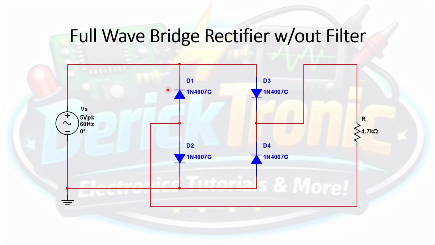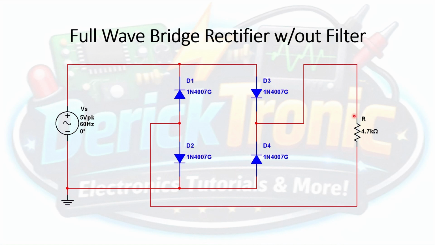As we can see here, the cathodes of diode 1 and 2 will be connected in this manner. They will be facing away from each other. On the other branch, the cathodes of diode 3 and 4, on the other hand, will be connected in such a way wherein they are facing each other. The cathode of diode 1 and the anode of diode 3 will be connected to the positive output of the function generator or our AC power supply, while the cathode of diode 2 and the anode of diode 4 will be connected to ground.